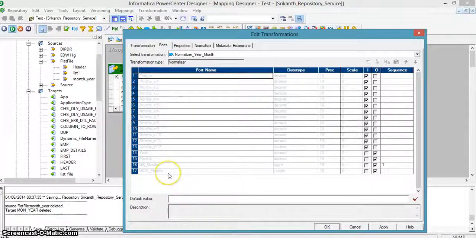For the GCID month, based on the columns, the value will be incremented and repeated over the multiple values, 1 to 12 months, so the GCID value will be 1, 2, 3 up to 12. With multiple occurrences the value stays the same: for month 1 it is always 1, for month 2 always 2, like that.